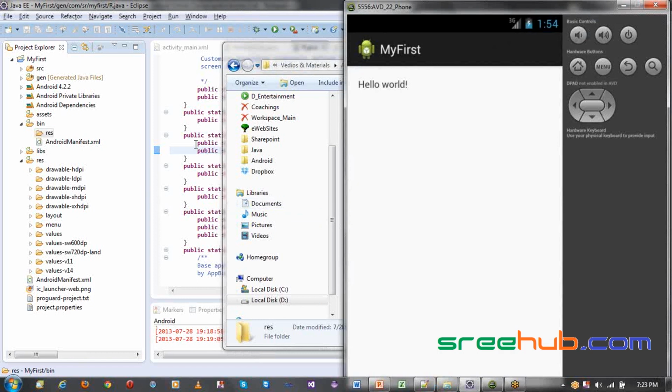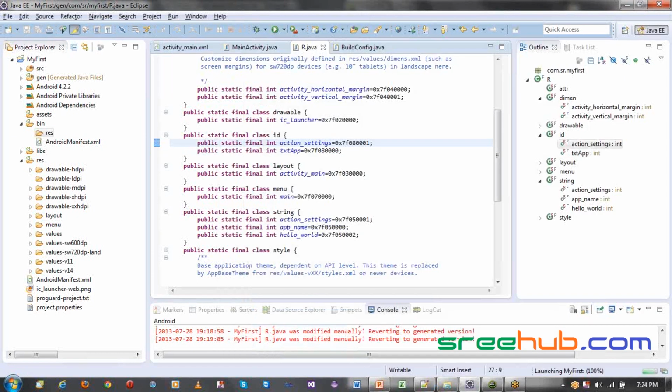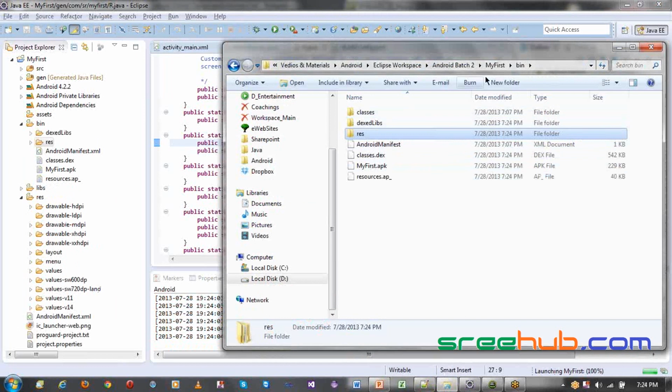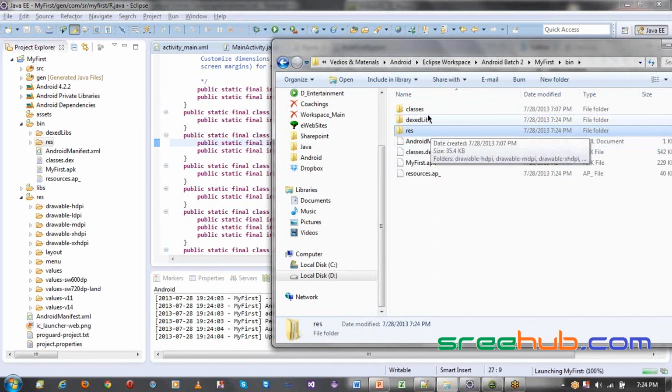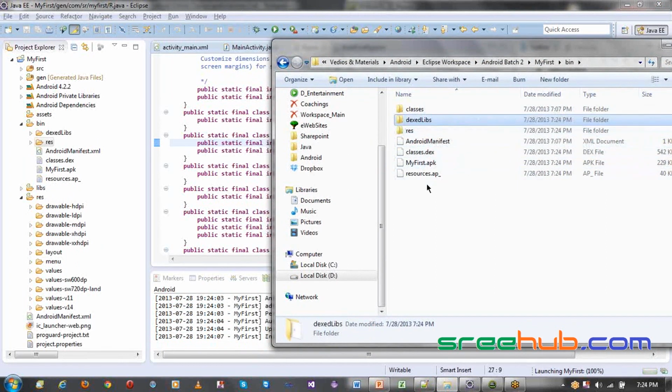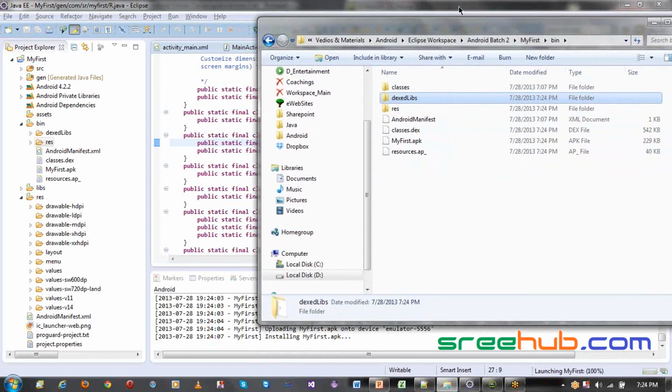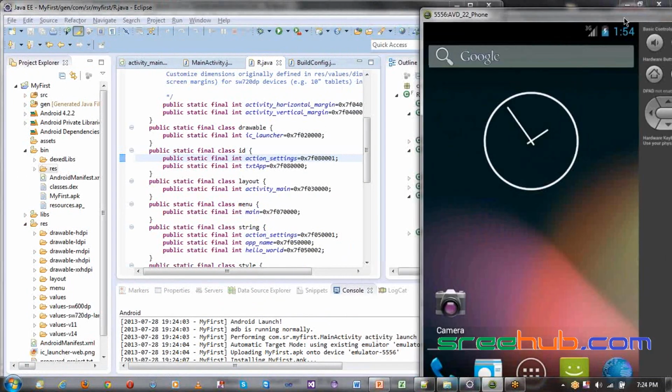Let me run this once. I have to show something. One more thing. When I run this, you can see in this build there are some more files being created. One is Dex for libs. What I have done is, I'll show you something which is a very peculiar thing